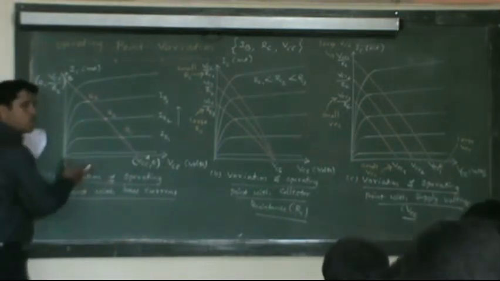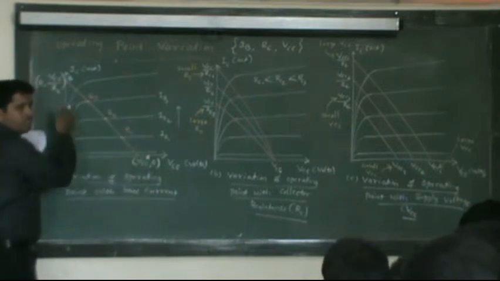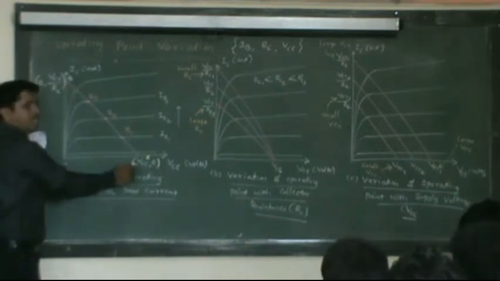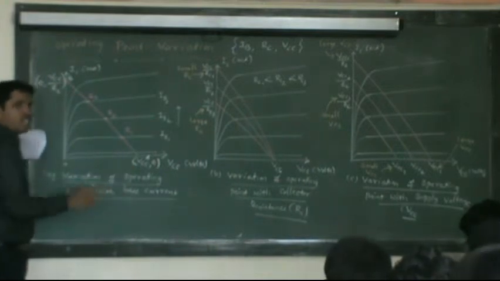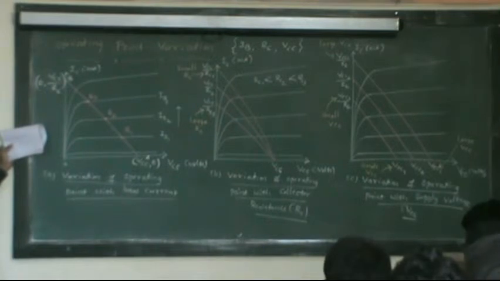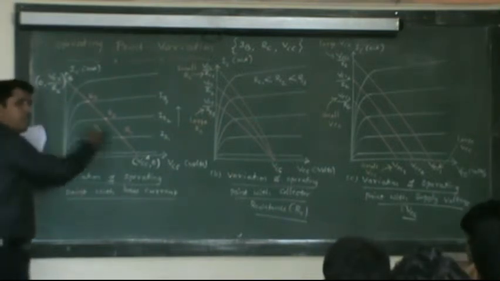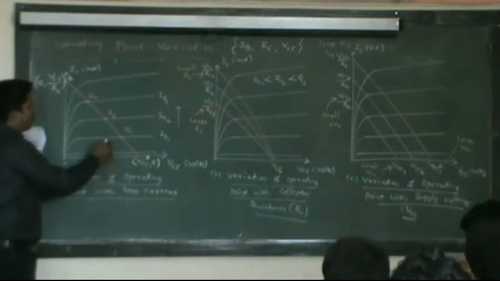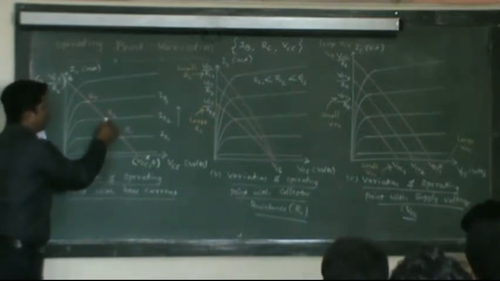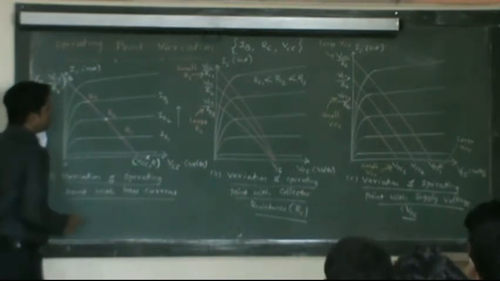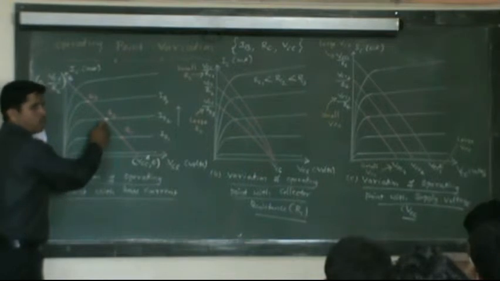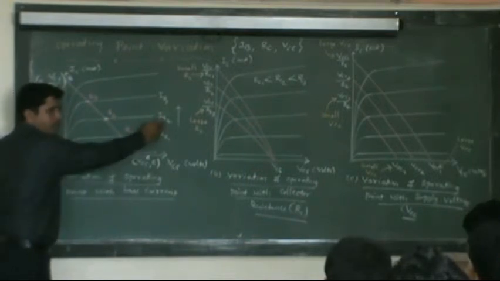So what the first graph shows is that changing the base current changes the operating point with a fixed AC load line. You understand from this first graph? So always, to fix an operating point, the base current must be fixed. If you vary the base current, you are going to get different operating points. Among these, the suitable one is going to be Q2, because this will be the middle of the active region. This region corresponds to the active region of the common emitter transistor. So Q2 is the suitable operating point, for the base current IB2.